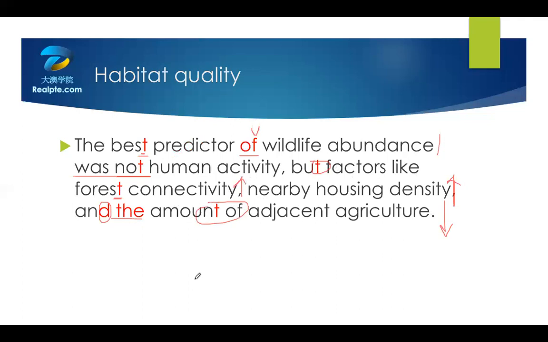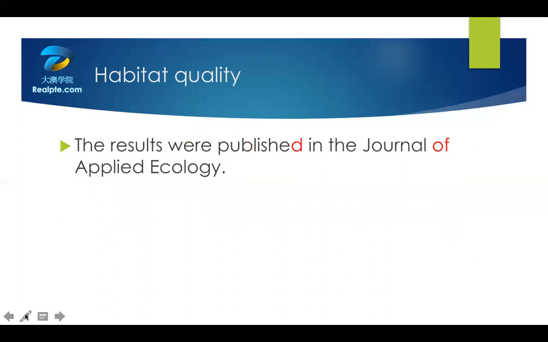forest connectivity, nearby housing density, and amount of adjacent agriculture. 我们看最后一句 The results，注意这是复数。The results were published，这个 d 呢有一点点偏这个 t 的音，你不用读成 published 是错的。The results were published in the Journal of Applied Ecology. Journal of Applied Ecology